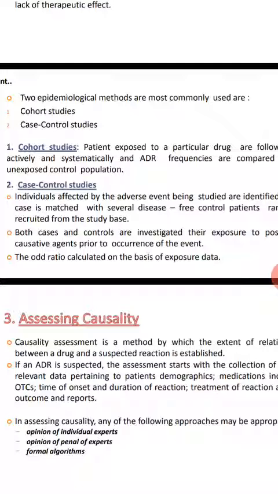Okay, so after comparison, by using relative risk, for which you already saw the formula in the previous PPT, you can confirm which persons are at more risk with the drug treatment. For example, if the relative risk is more than 1, it indicates that there is more risk associated with the drug treatment in the patients who are exposed to the particular drug. Okay, this is nothing but cohort studies.